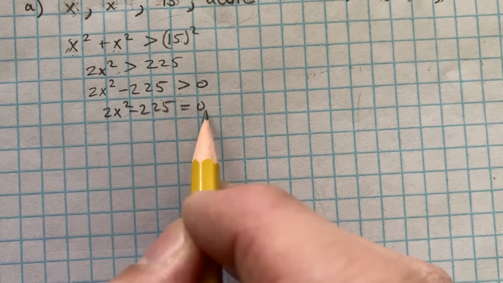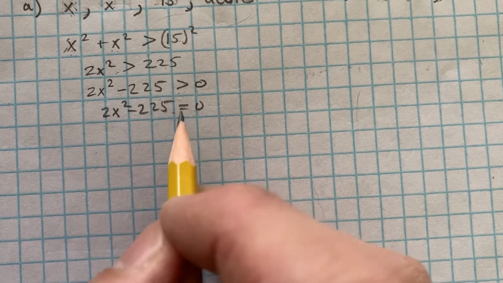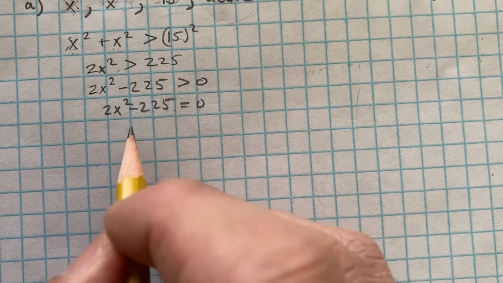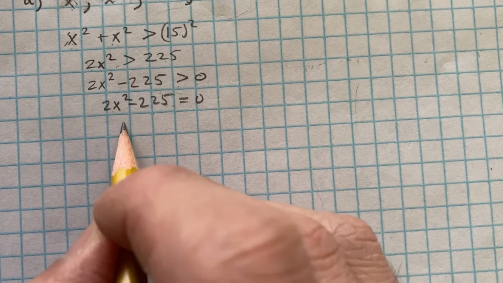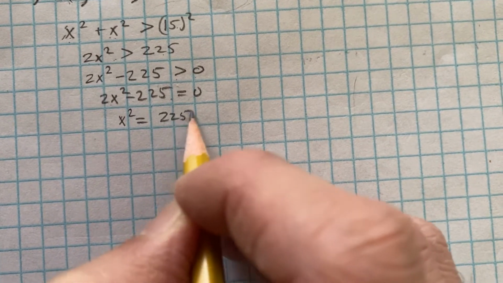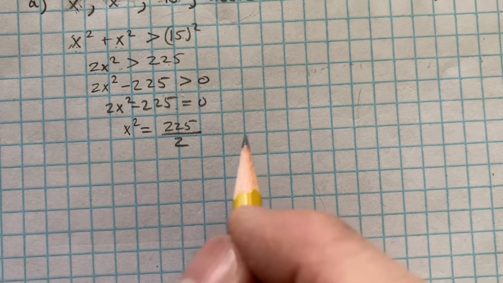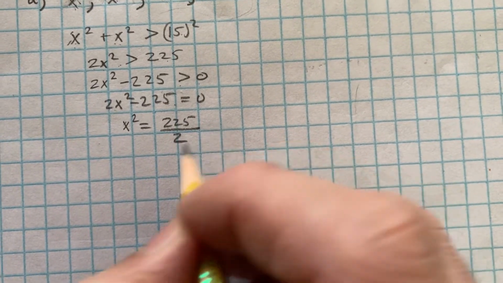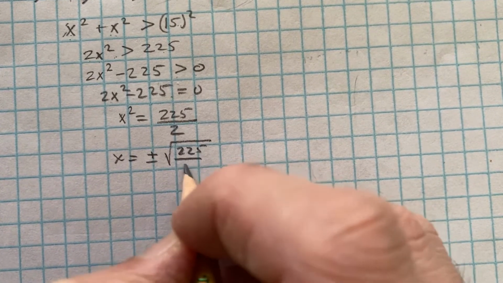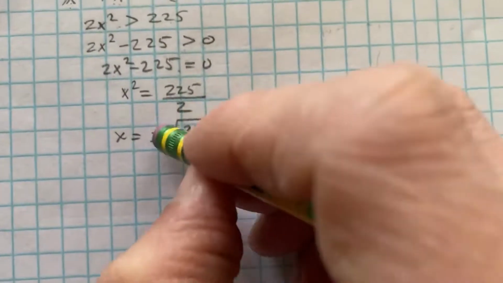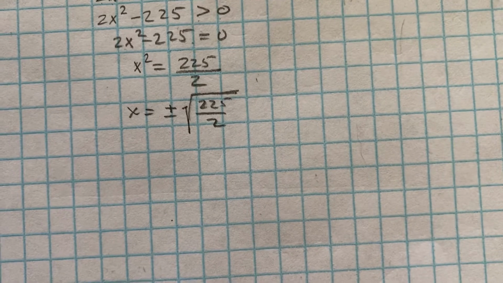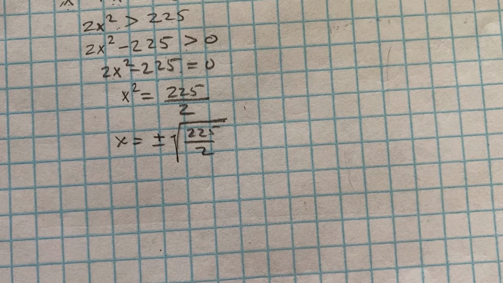Okay, so after I set it equal to 0, I want to solve for x, or my x-intercepts. And this one, you don't have to use the quadratic formula. You can use square roots. So I'm going to say, hey, x squared is equal to, move the 225 over, 225 over 2. And then when you take the square root of both sides, you're going to get x is equal to plus or minus the square root of 225 over 2. Again, this whole thing's inside the square root. At this point, if you look at your answer key, they're not going to give you the approximate answer. They're actually going to give you